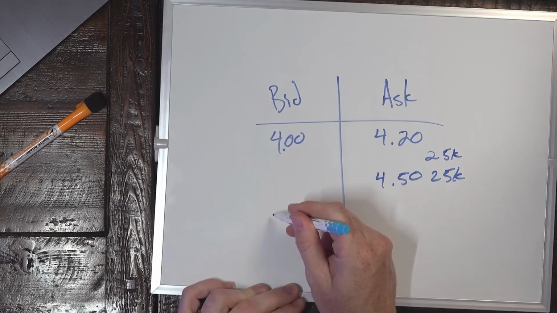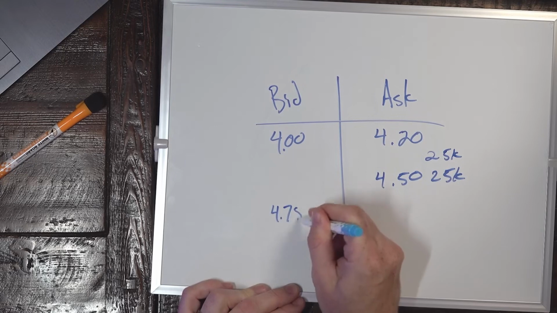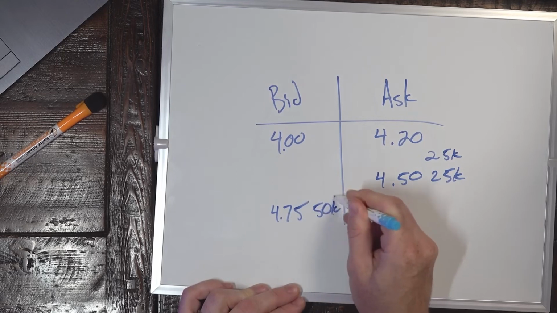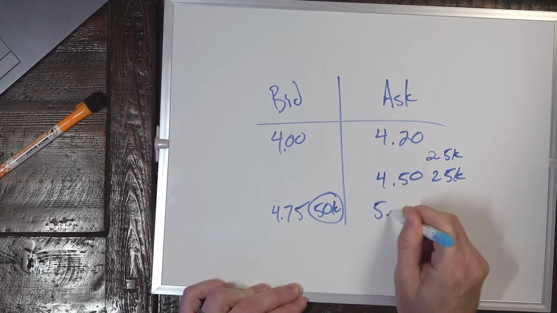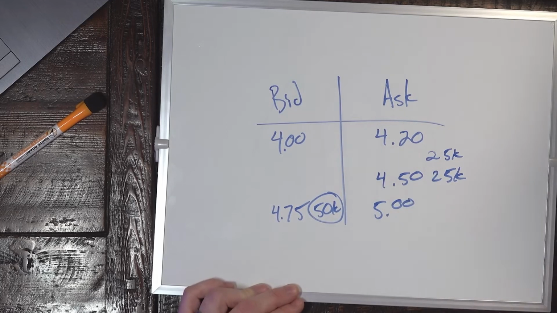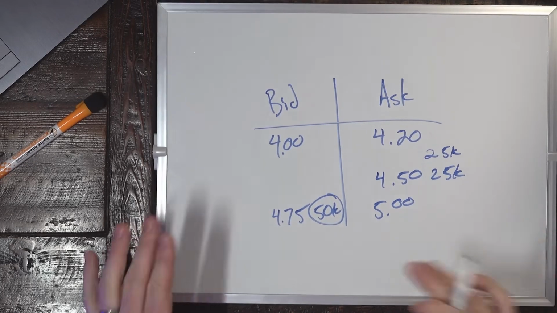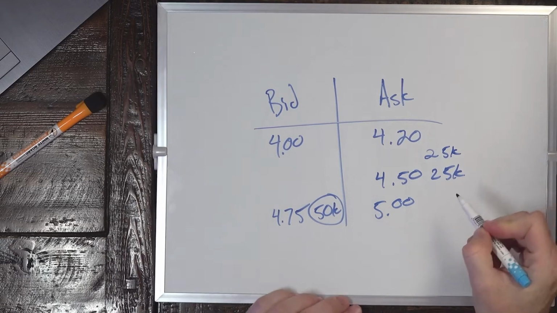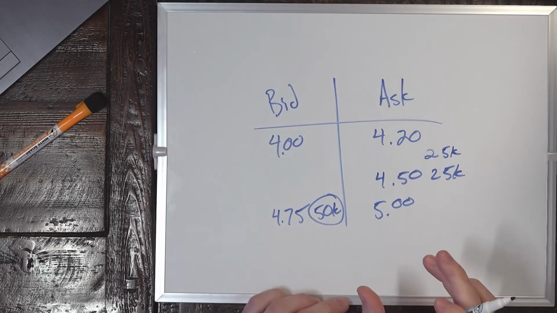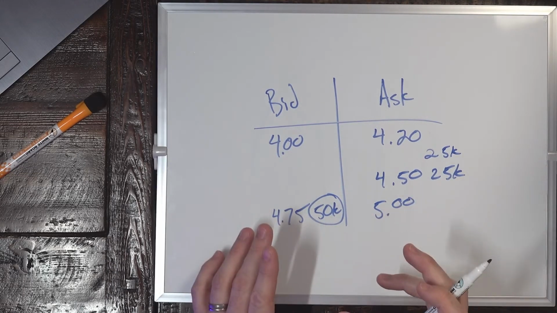So now you start seeing, as it goes higher, 475, a 50,000 share buyer on the bid, and now it's $5 on the ask. And now retail traders, we start to see what's happening with this algorithm, and we're going to capitalize on this momentary sign of weakness that the market makers have displayed.